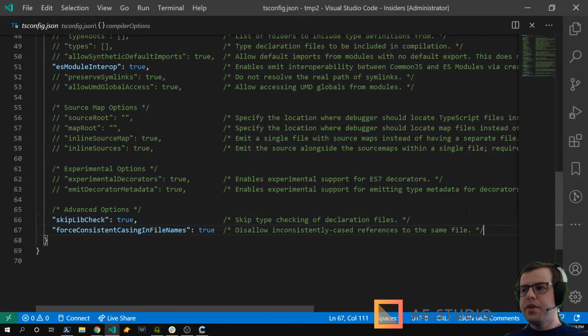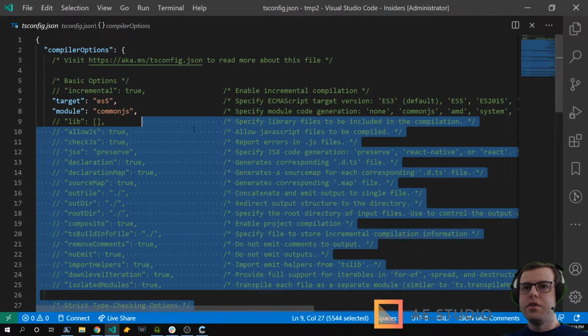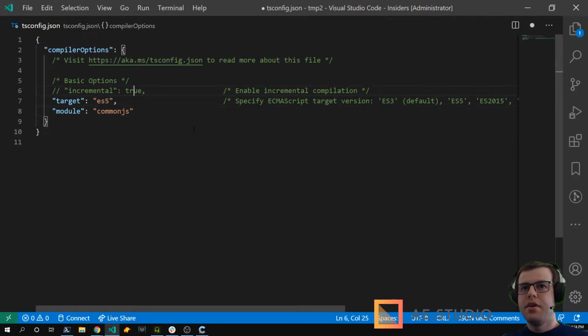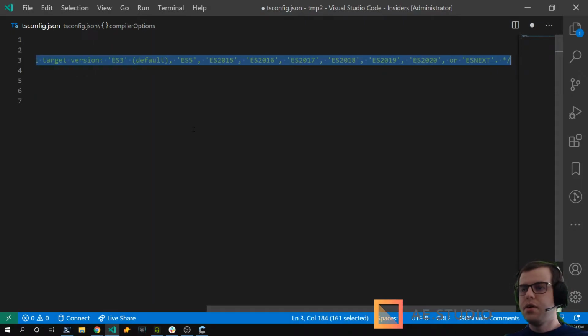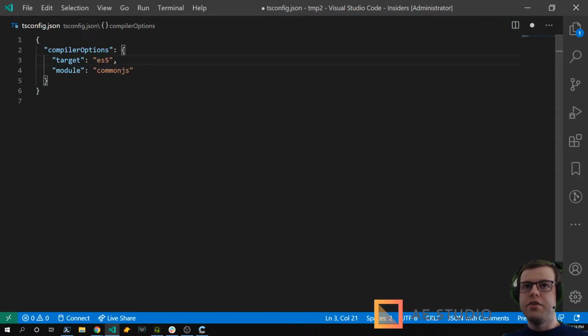So usually what I like to do is to delete everything and only keep the two main things. The essentials are the target and the module resolution, which I think defaults to CommonJS, but just in case, let's leave it like this.